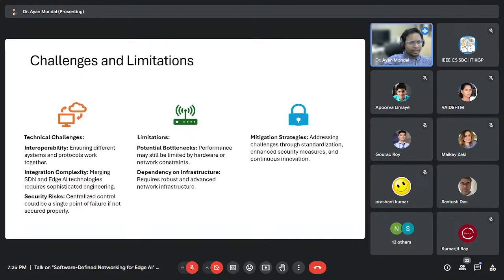So now there are different challenges or limitations. One challenge is interoperability. This is there in most networks, or any of the devices. If we talk about IoT devices, these devices come from different vendors and they have different protocols. And the protocols that are there for the IoT devices, to be specific, are not interoperable. So what you can look into is designing a different hypervisor or intermediator plane to make it interoperable,